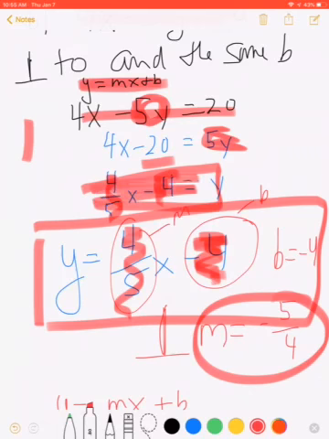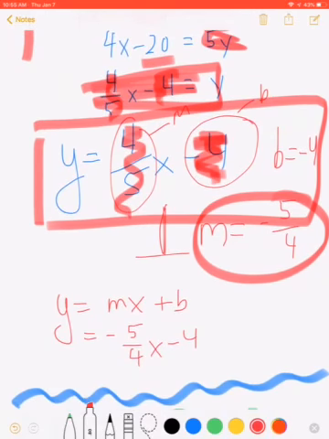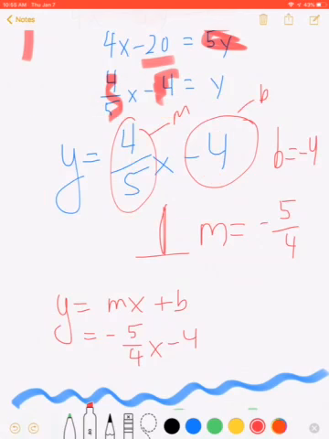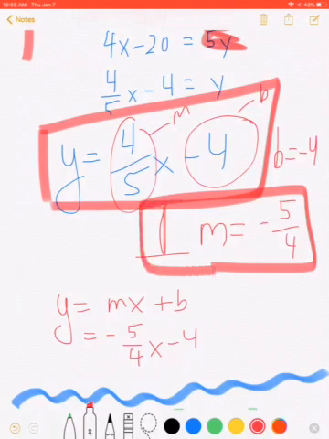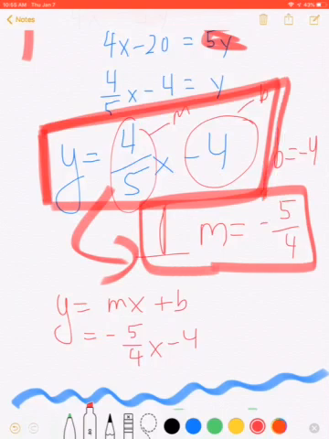Rearrange. After you rearrange, go back and read the question. It says, I want to have a line that's perpendicular to this line. So I have to be perpendicular to this line. So I have an m that is a negative reciprocal of this m and has the same intercept of this line. So my intercept was negative 4, so it stays as negative 4. And then when you write it out,